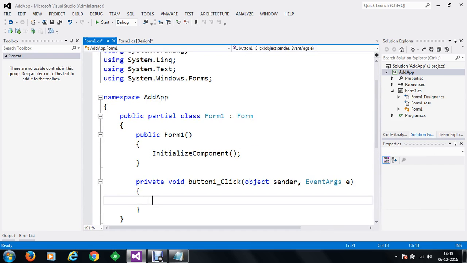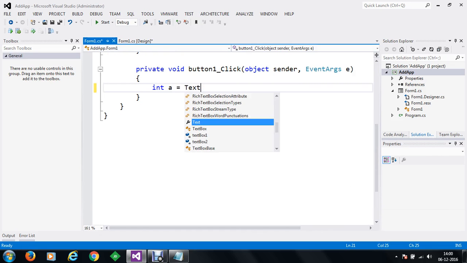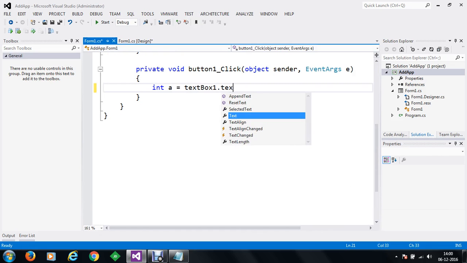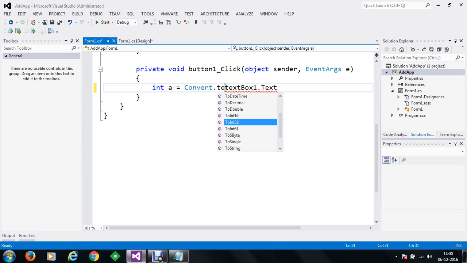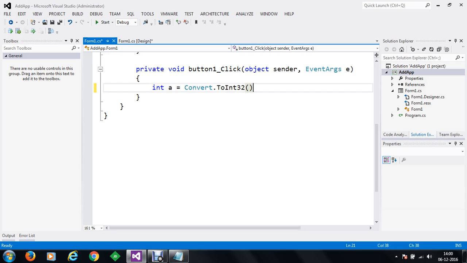Here we are going to take an integer A, and take the value from textbox1.Text, and convert that into an integer. So we are going to make use of the class Convert, using the method ToInt32, and we pass the argument textbox1.Text.